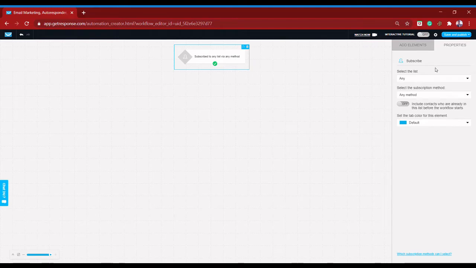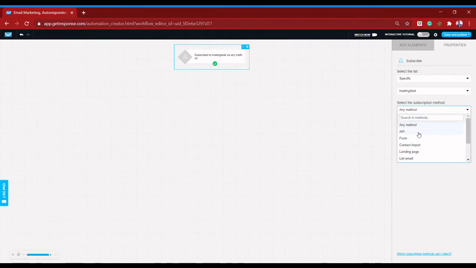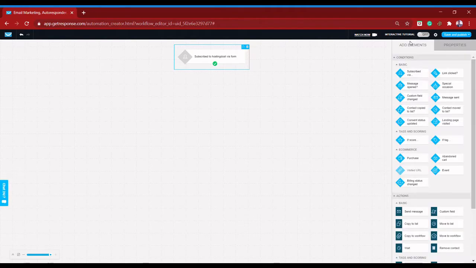Here add your specification. If you use this template for any of your subscribers, then you can go with any. If you want some specific audience, then click on it, select your list and your subscription process, and just add an element.